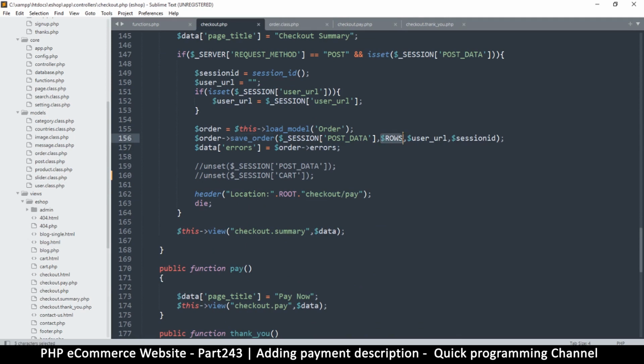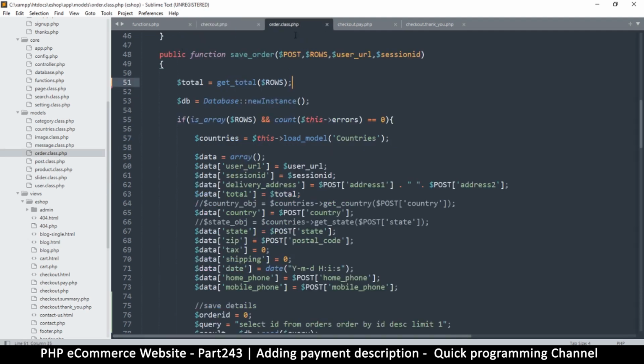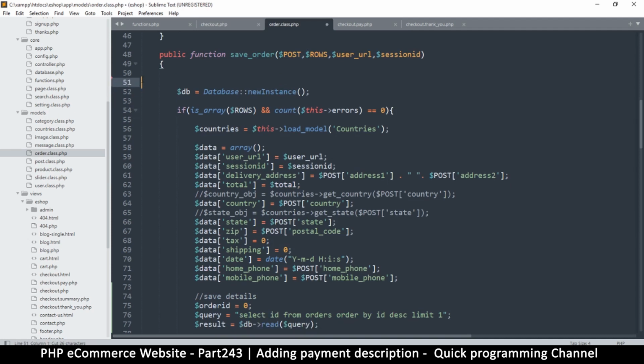But before we give these rows here, we can add the total to the post data here. So if I can take a step back here and just copy that, or cut it out actually,